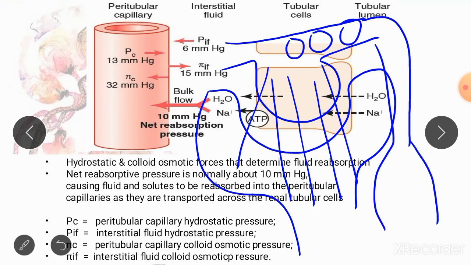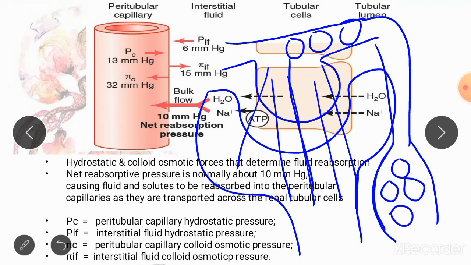and the blood which is going to reach the peritubular capillaries is going to have a very high concentration of plasma proteins because greater than normal fluid was filtered from the glomerulus, and by the time this blood reaches the peritubular capillaries, it is going to have a higher than normal concentration of plasma proteins, and it is going to cause greater than normal reabsorption of fluid from the nephron back into the peritubular capillary. So in this way, whenever filtration increases, reabsorption also increases.